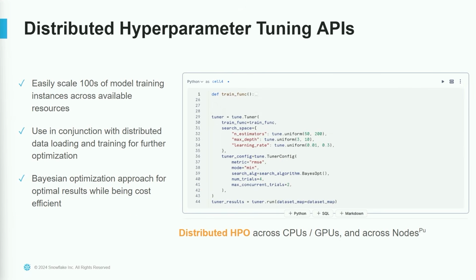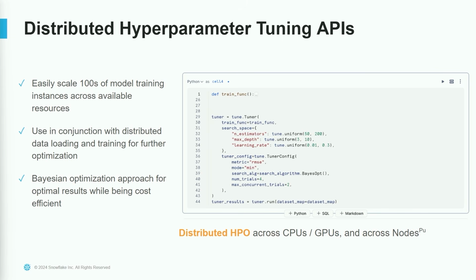Similarly, hyperparameter tuning is another common use case where you're training across different parameter combinations, which is quite popular in certain cases. These hyperparameter APIs now use the optimized data connectors, they use our distributed trainers, and they're also able to scale out on our infrastructure. You're not limited by choice of optimization strategies. You can use your standard grid search, random search, or even Bayesian optimization strategies that you can find in popular